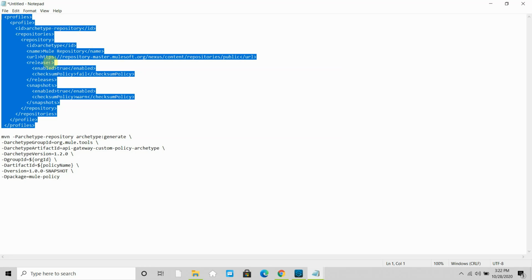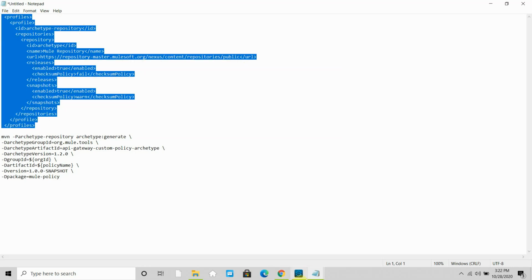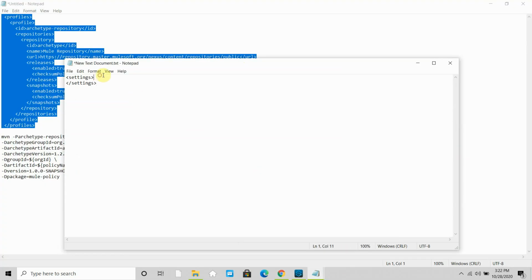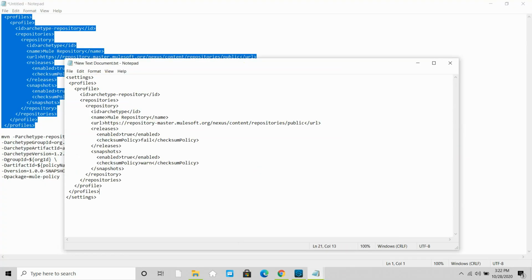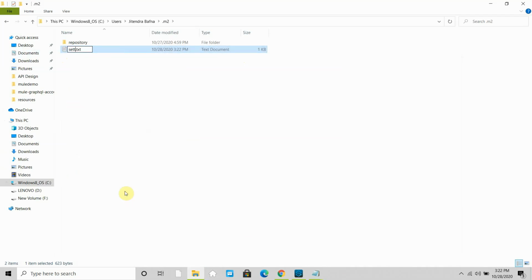The ID is the archetype repository, and the Mule repository, or the custom policy template, is available at this location. You simply copy this and paste it under these settings. Save this, but you have to rename this file to settings.xml.